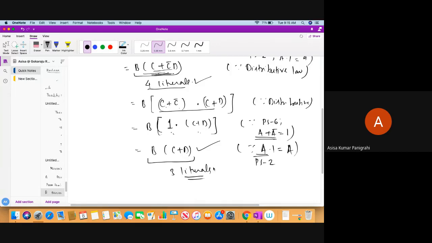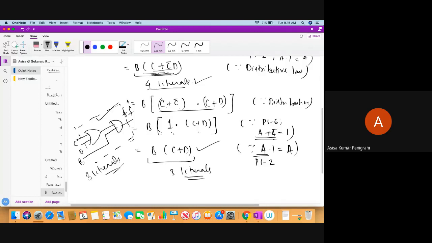So in this question, you were asked to minimize the given function to 3 literals and design it. What you can do is just take C + D like this. Okay, this will be C + D. Take B, and make an AND operator with this. So this is your final design. This is the logic equation you have designed, where the output is F, and B, C, D are the 3 literals to design that particular logic equation.